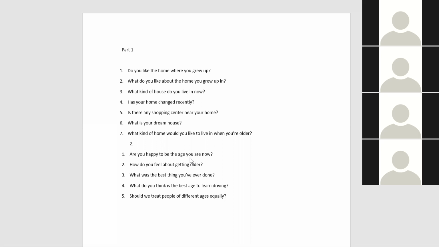Okay, how do you feel about getting older? I feel a bit tense because we can't predict what our health situation will be, and who will be with us and who will not. I don't want to get older. I know it is not possible, but I wish I would not get older.